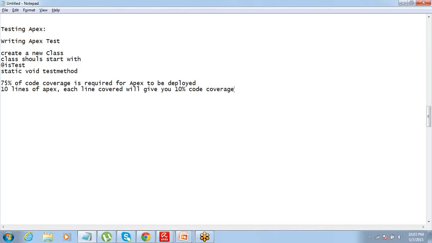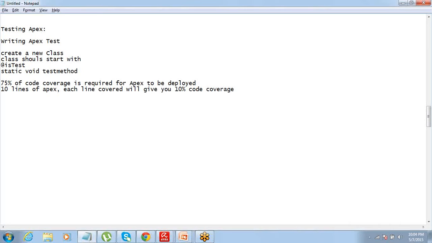So that's it. Now, if it has some error, can we still deploy? Error as in, like you said, 75% of code coverage is required, no, but see, 75% of code coverage does not mean error. If you have an error in an Apex code, in the first place you will not be able to save that code itself, right? Till that time you have an error. Code coverage means you have got it tested. So 75% of the code should be tested and should return that okay, fine, working absolutely okay.